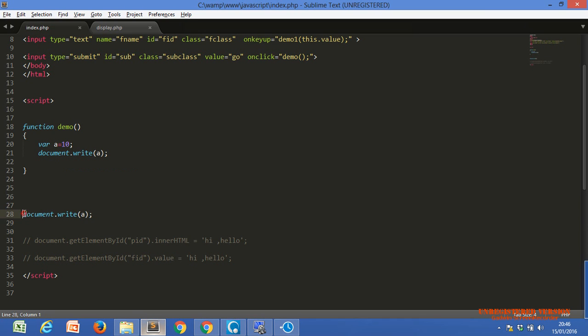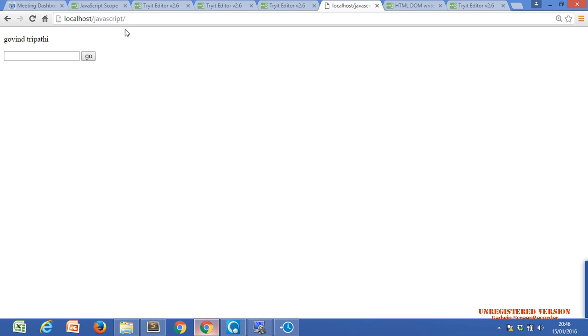You can see using alert. Don't get confused, I'm just alerting that document dot write. Whatever the value is, it will alert, so it will alert undefined. Okay, one second, it's not alerting.